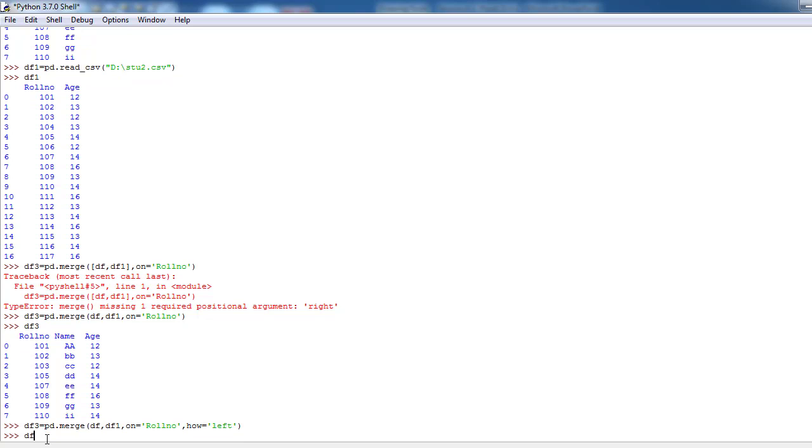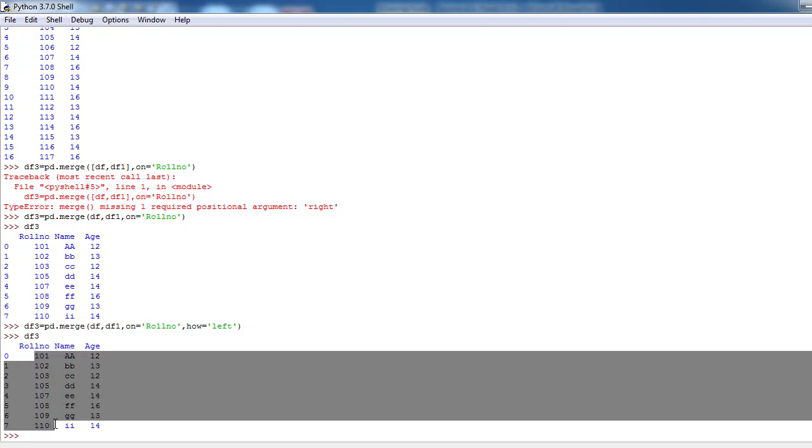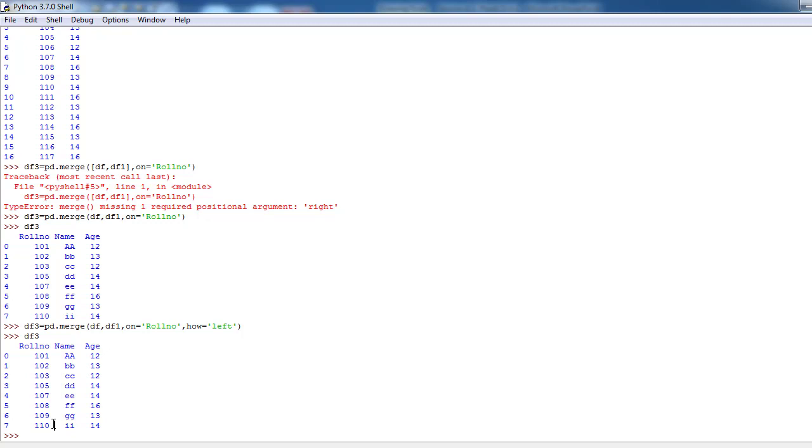Now we will get tf3. Now tf3 contains all the rows in tf as well as the matched rows from tf1. This is the result of a left join.